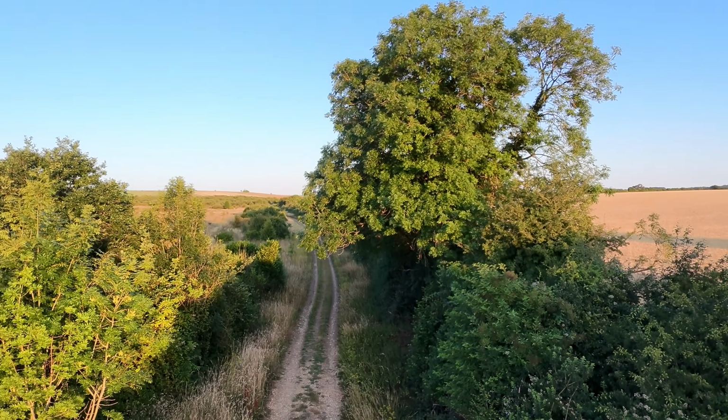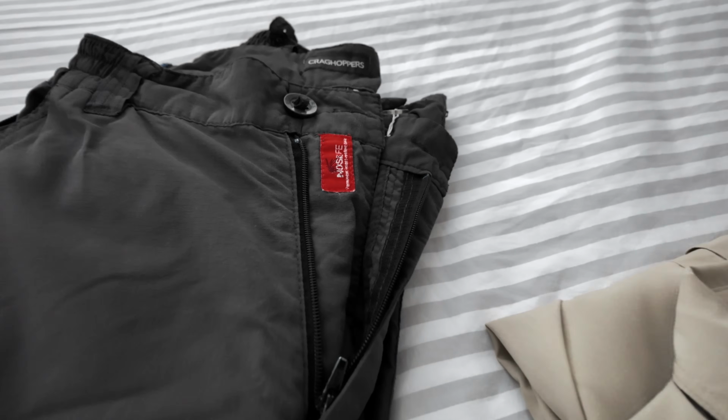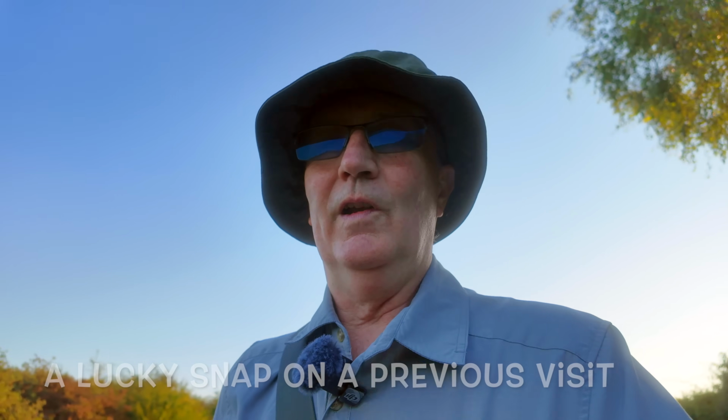Before we get into position today, I'd better mention a couple of health and safety tips. The first health and safety tip, of course, is wear the right gear. Although we don't have that many things to worry about out in nature in the UK, we do have the tick, and unfortunately the tick can easily give you Lyme disease if you get the wrong one. Anywhere where wild animals are, there's every chance. There's deer around here, there's badgers, so wear the appropriate gear. I wear a sort of Craghoppers